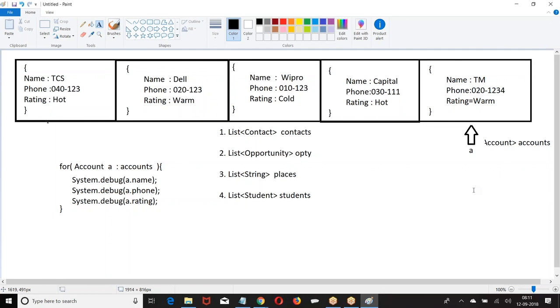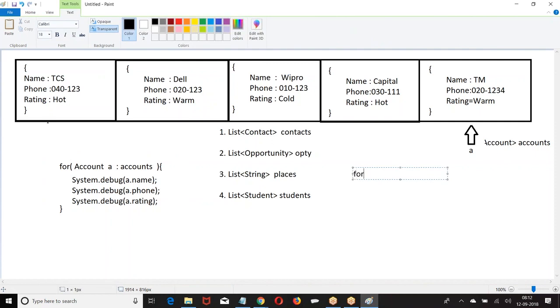For a primitive data type like string places, the for loop will be like for i equal to 0, or it will be like the reference data type, the way you have given the example. Now, the standard way of writing is this. Right. This is the generally used format. If you want to go with the other for loop, it's up to your choice, but generally we don't use this. We go with the first format only.